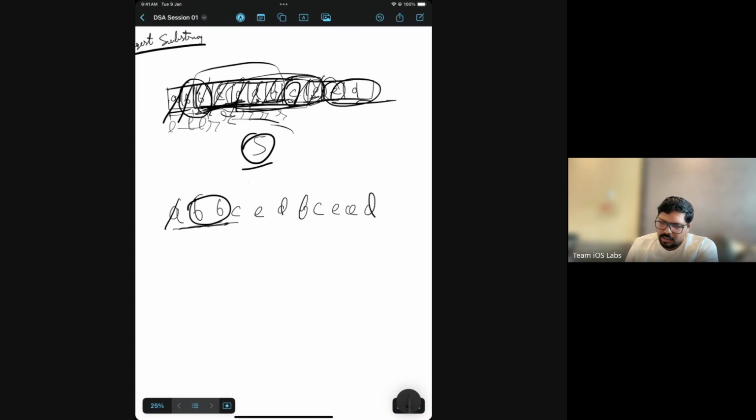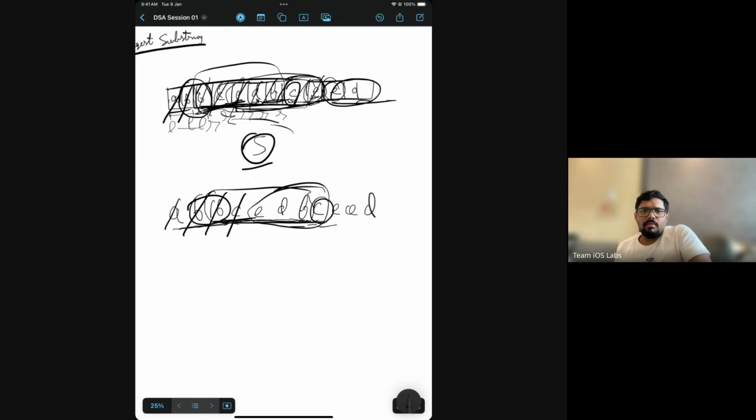Again, if you see BB, it doesn't make sense, we cancel out the B and then move ahead with the unique characters. B, C, E is fine, D is fine, F is fine. So till this is our longest. Then again you can encounter C, so it doesn't make sense to hold the left characters, so we cancel out the left characters. Then we see it's all unique characters again, so it's fine. Then move ahead like this.